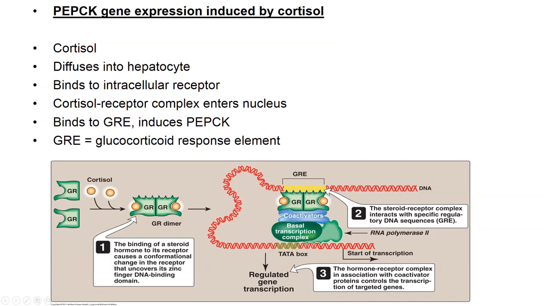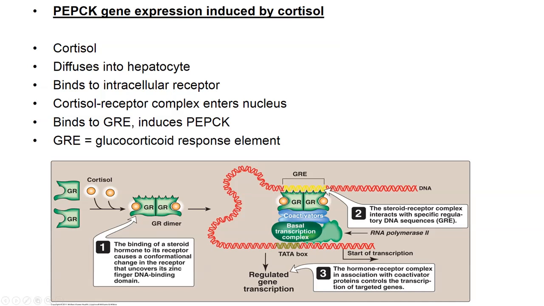So the cortisol in this case will actually diffuse into the hepatocyte. Cortisol is not water soluble, so it's fat soluble. Because it's fat soluble, it can actually cross membranes. So you'll see that with all your fat soluble hormones. They cross membranes. Okay? There is actually a receptor inside the cell as opposed to the cell surface in this case. So it binds to that receptor,